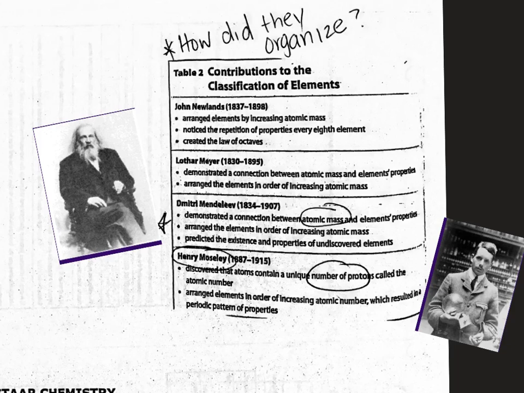So we are talking about the periodic table in this chapter, and on Friday, you guys watched a video over the history and how the startup of the periodic table came about. So these are the key names that we usually associate with the periodic table, and the father of the organization that you really heard a lot about in the video was Mendeleev, okay? The big thing to remember about him is that he organized it by atomic mass and properties, okay? If you didn't watch the video, make sure you go back to Friday and watch